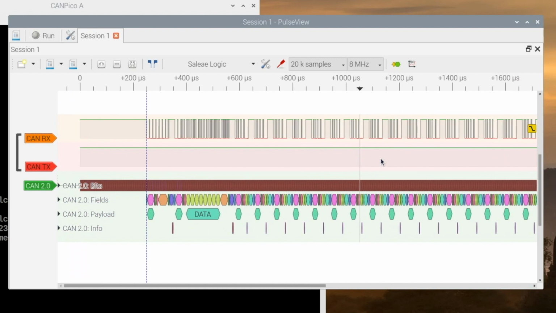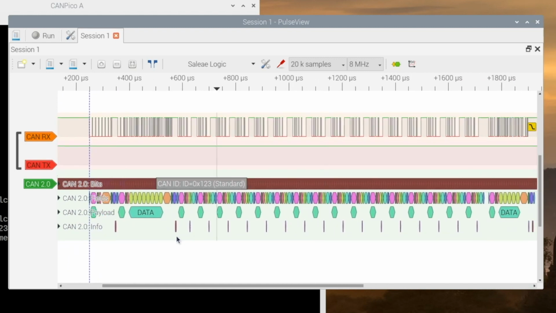If we look, we see 16 of these errors. So we get to here. This is basically a doom loop that takes us from no errors on our error counters to 128, which takes both devices into error passive.